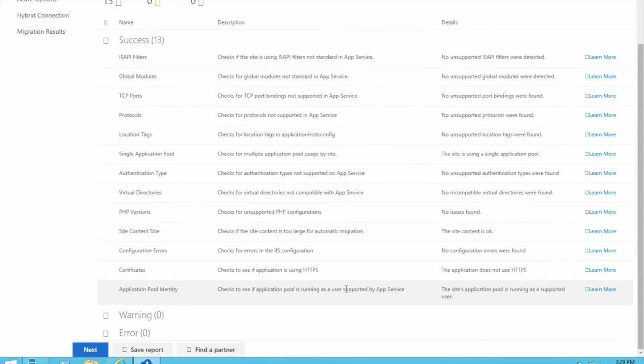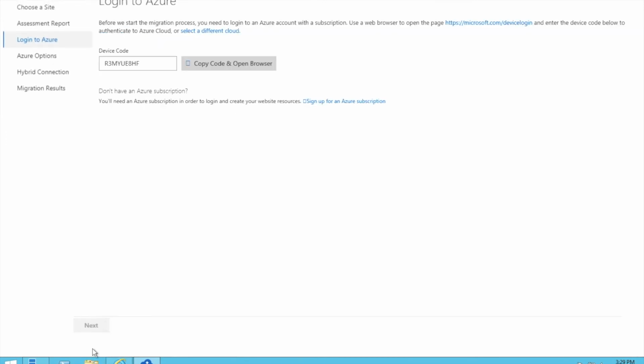So we are going to click on Next here, and here we'll see "Login to Azure" with a device code. Copy the code and open the browser.